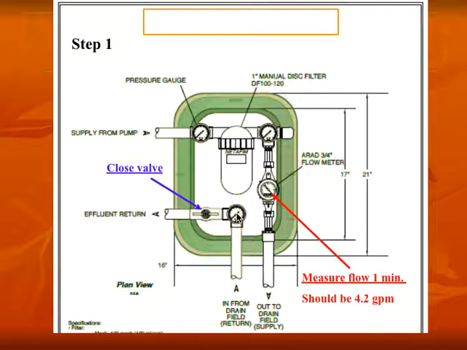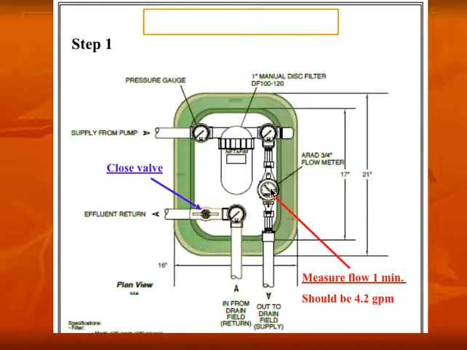Gauge 3 may be a little lower than gauges 1 and 2. If there's much more than about 1 or 2 psi difference between gauges 1 and 2, that means we still have some debris in the disc filter that needs to be removed or cleaned. Once we get those pressures equalized, then for 1 minute, we just record the flow rate